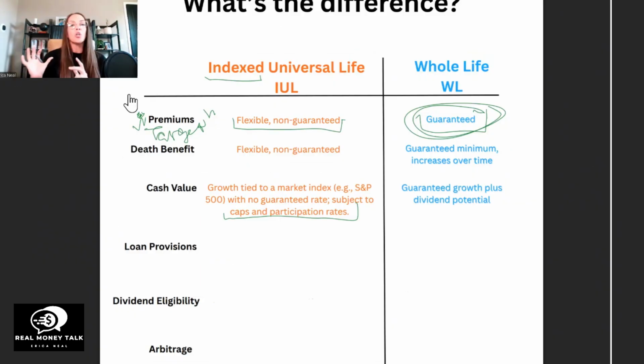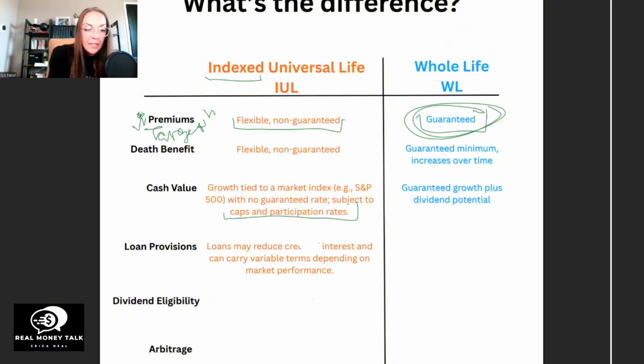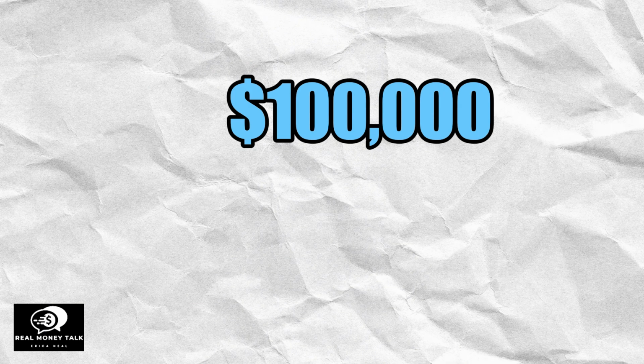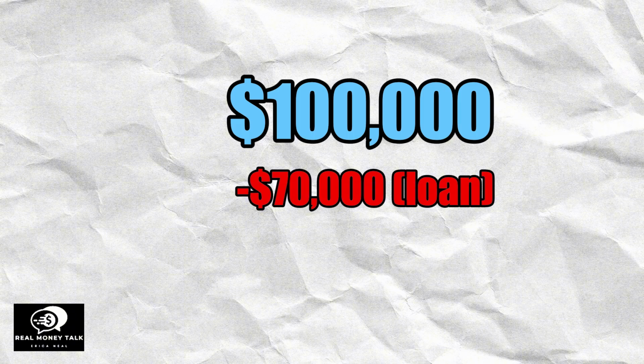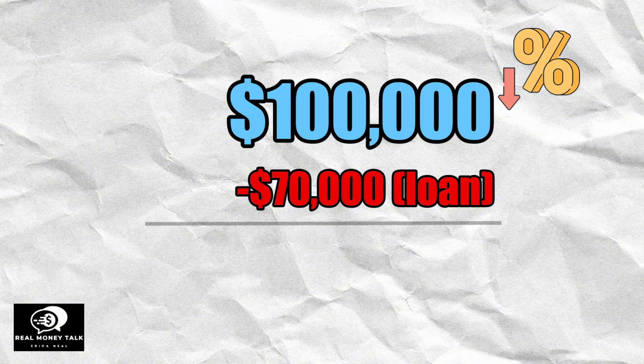All of those things. So regardless of the policy that you use, you have control over the payback schedule. Now, what's happening internally within the policy can vary. With an IUL policy, the loans could potentially reduce the credited interest. What does that mean? Well, let's say you have $100,000 and you take out a loan for $70,000. If they reduce your interest, that means you're only earning interest on